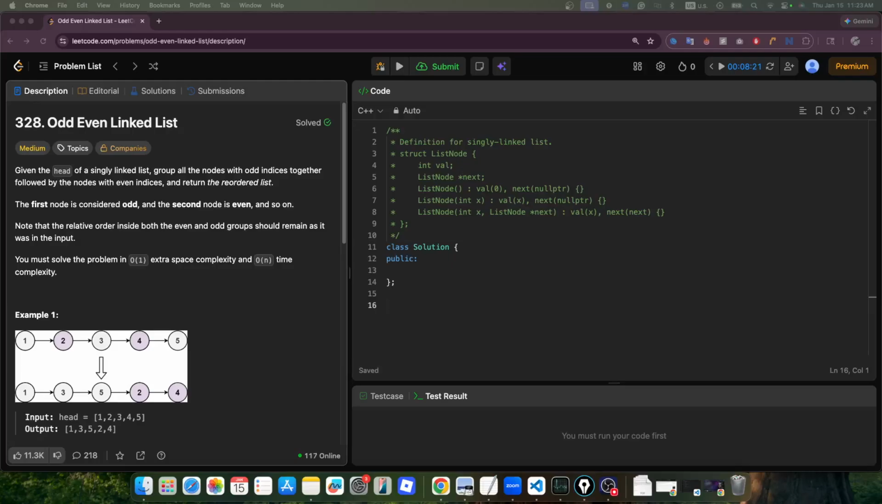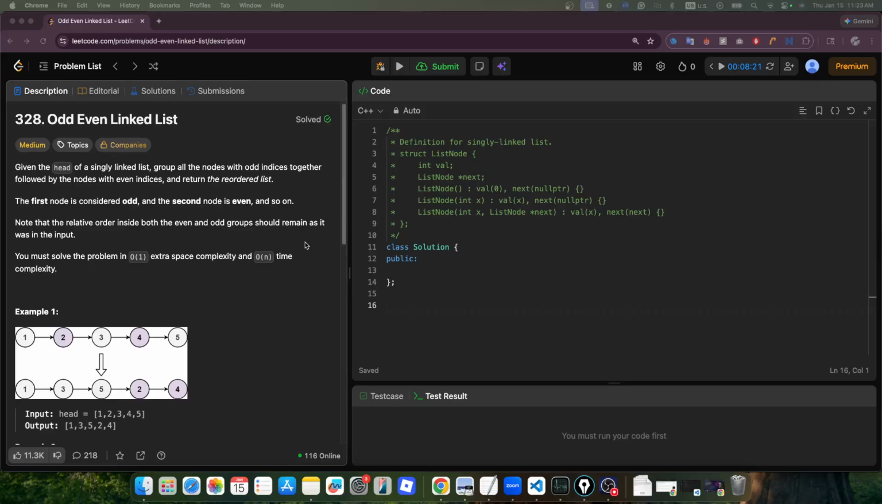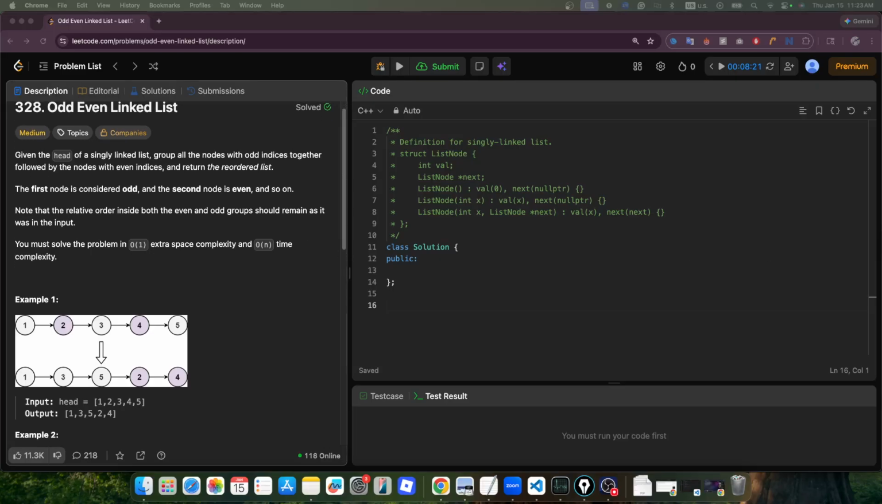Hello everyone. Today we're gonna solve the odd even linked list problem. This is another linked list problem on Leetcode. And for this problem, basically we need to rearrange the linked list so that the elements in the odd position